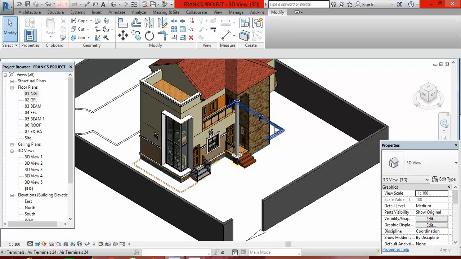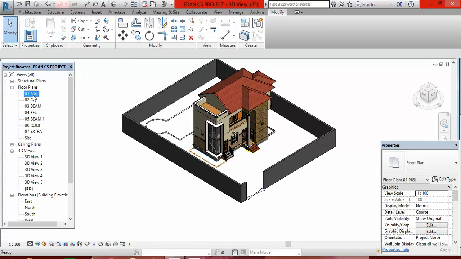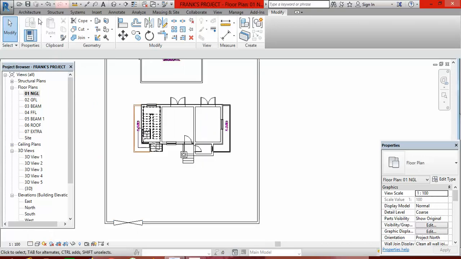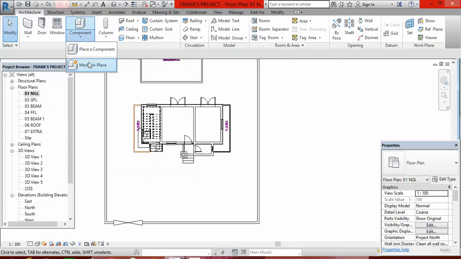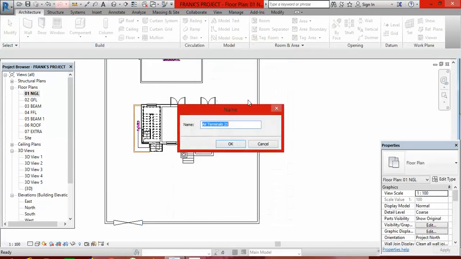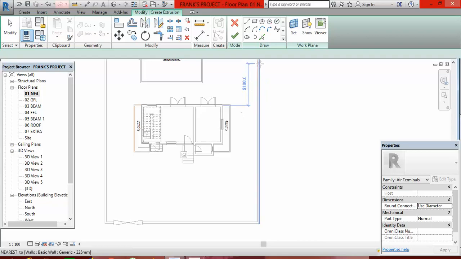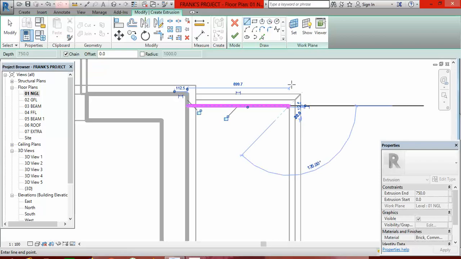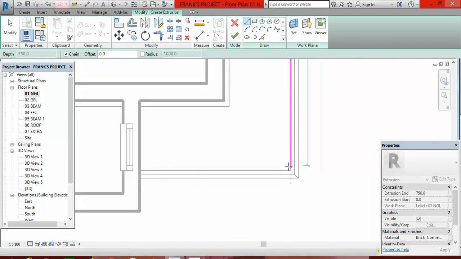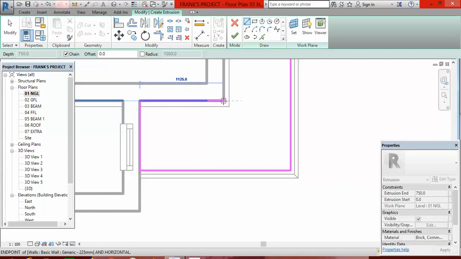Now, on that curb, we are going to put our green area. We are going to have our green area there. So go back to natural ground level, okay? When you are there, go to architecture, go to model, components, model in place, okay? Click OK. Click OK again. This time around, not sweep, go to extrusion, click on extrusion, then draw within the curb, inside the curb, go this way, go this way, go this way, click here,